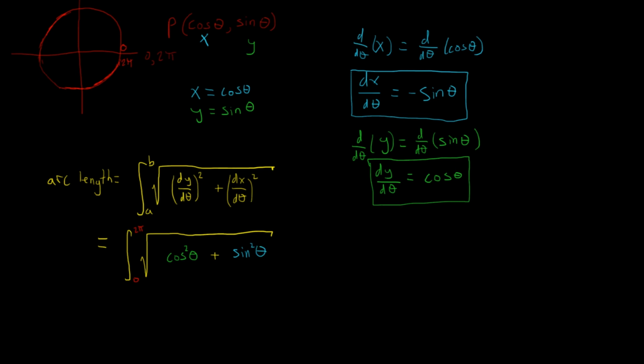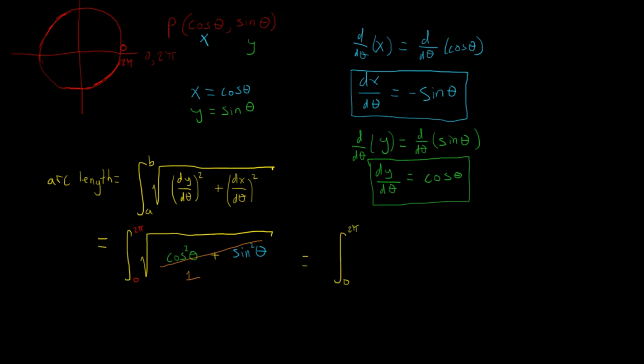You should notice something right away: cos squared theta plus sine squared theta, it's really the same thing, we're just adding, is equal to 1 according to the Pythagorean identity. So this right here is all just going to equal 1. We can continue and write this out again: the definite integral from 0 to 2 pi